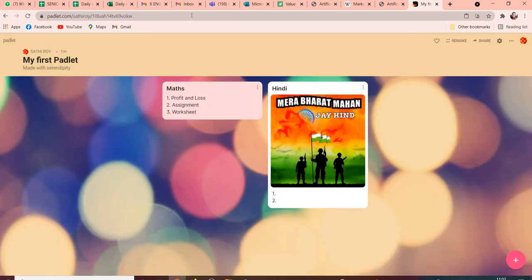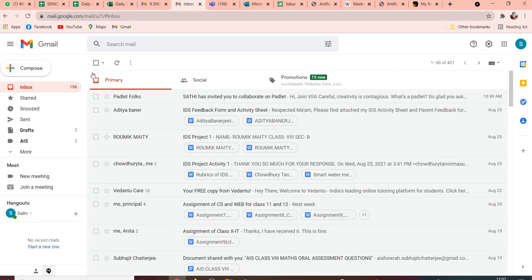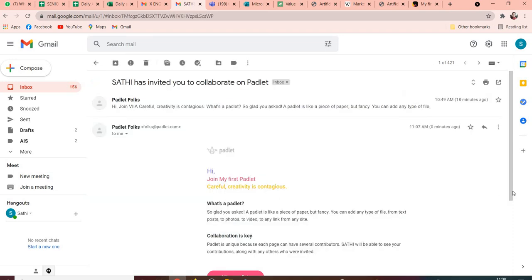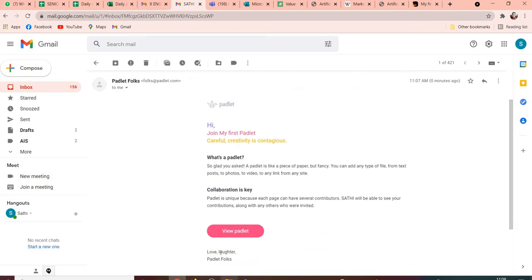Going back to my mail ID. Here is my mail ID. So refreshing the mail. Yeah, the teacher will get an email notification of the Padlet. Say I am the owner of that Padlet. If I share it with all my co-teachers, then the co-teachers will get the notification about that Padlet in their mail ID, and clicking on it they can also access that Padlet. From here they can click and they can access their Padlet.